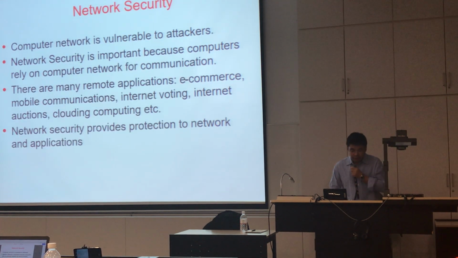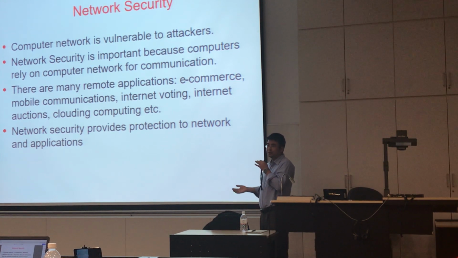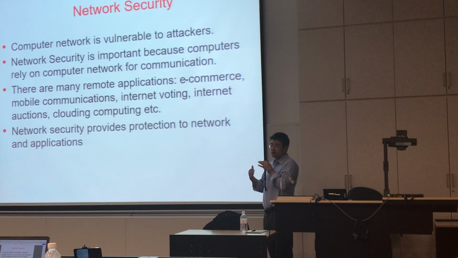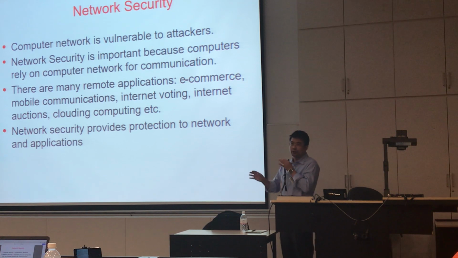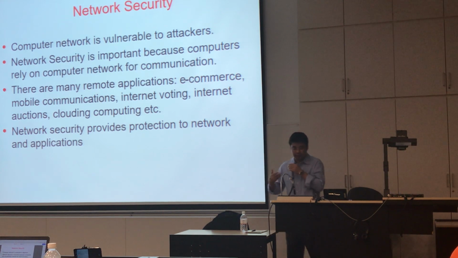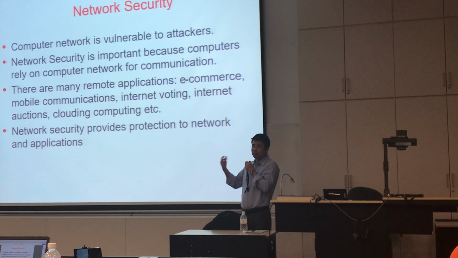Alright, so computer networks are vulnerable to attacks. As I said, there can be different passive and active attacks. Passive means the attacker does not modify or intervene in the protocol execution. The parties still just follow the protocol execution honestly, and nothing is modified. But the attacker may passively collect information, right? This can happen, for example, if I want to eavesdrop on the communication when you talk to another person.